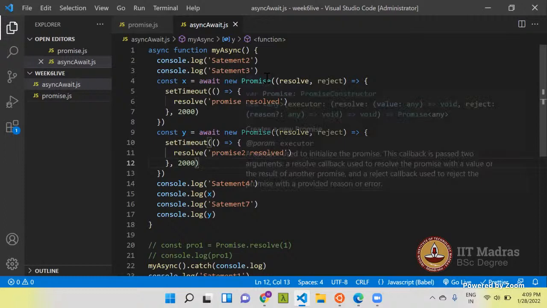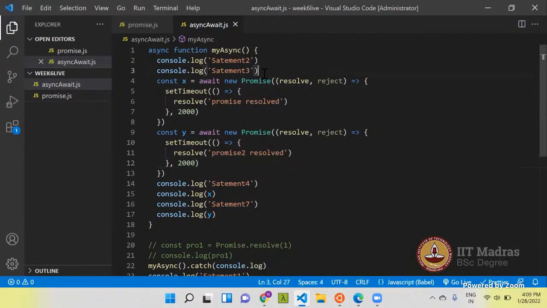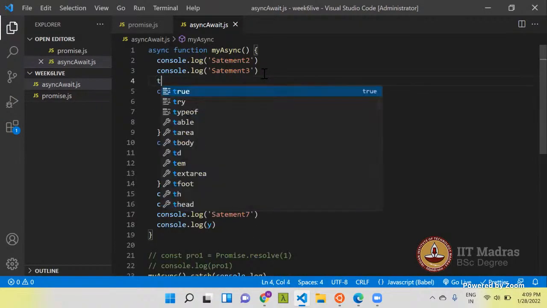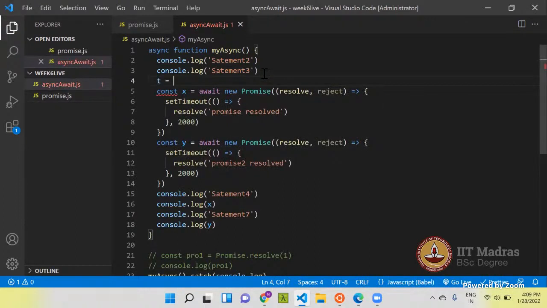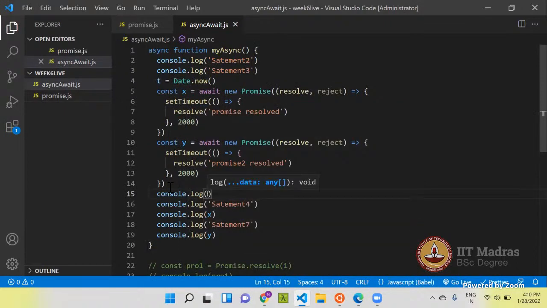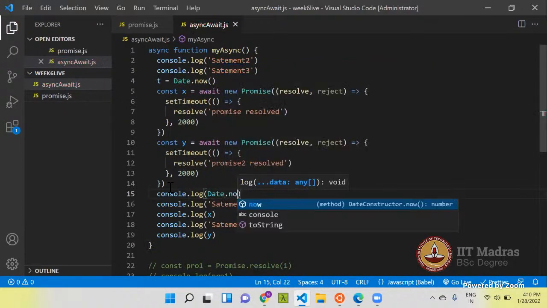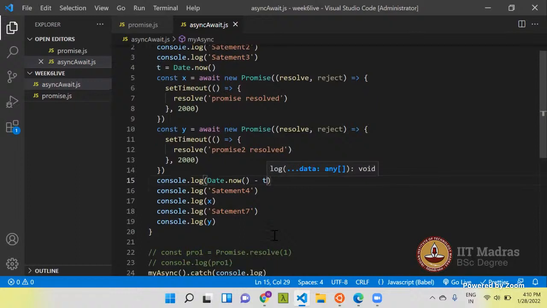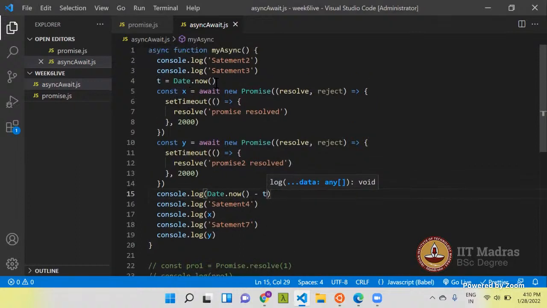So let me run this. Let me do one thing: T is equal to Date.now() minus T. I'm just printing how much time it will take from this statement to this statement.